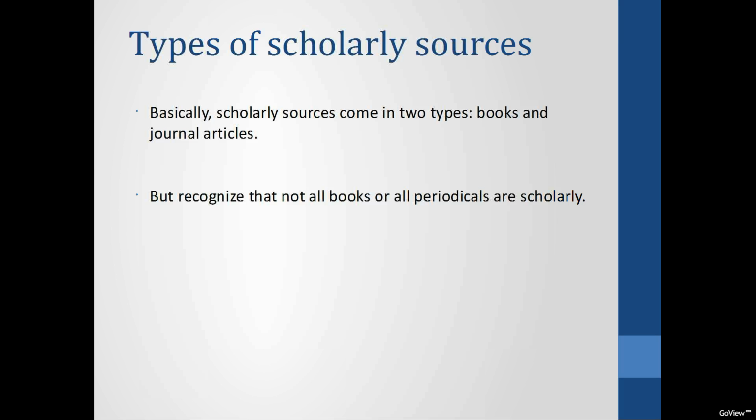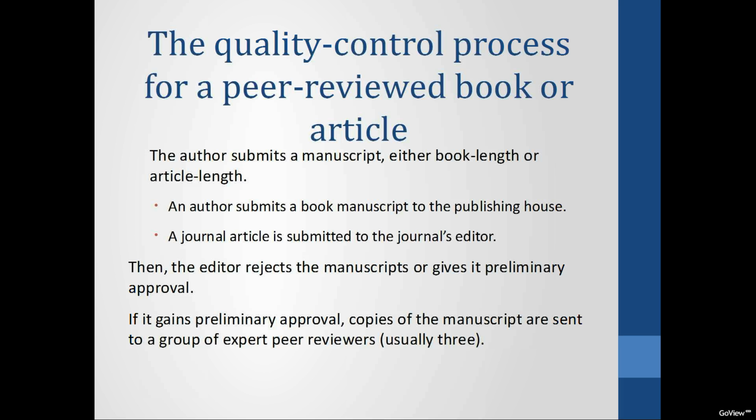So you may find a book at the library and it might not be a scholarly book. You may find an article in a periodical like National Geographic and it's not a scholarly periodical article. So how do you tell the difference? We'll talk about that in a minute, but first let's talk about what it means to say a book is scholarly, peer-reviewed, or academic. Now, this is the quality control process that a scholarly source undergoes before it ever becomes